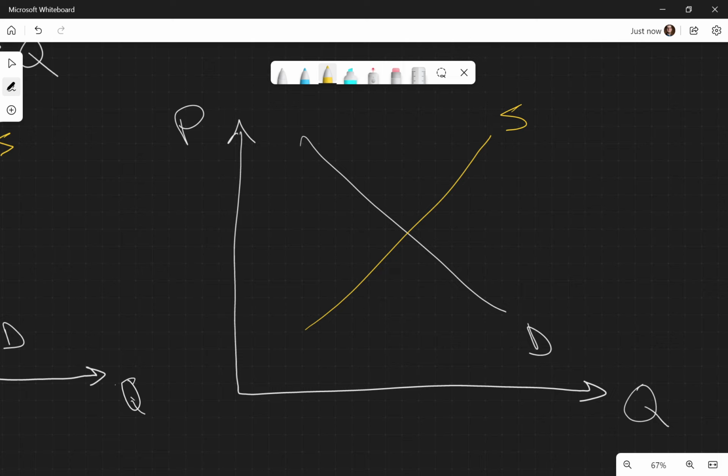So let's say they say that no one can charge more than $1,200 for an apartment or something like that, right? Well, if the market equilibrium price is somewhere below that, let's say $950,